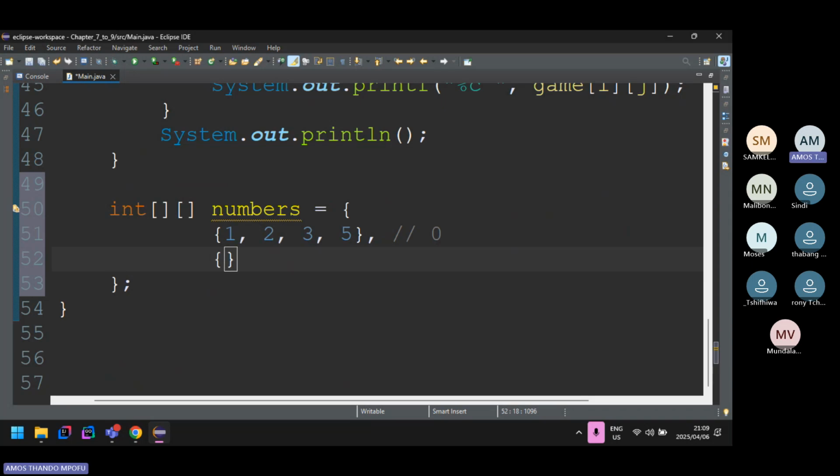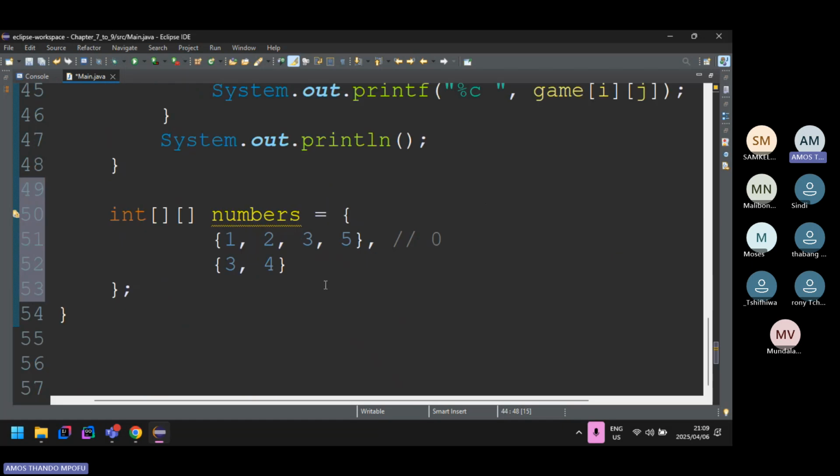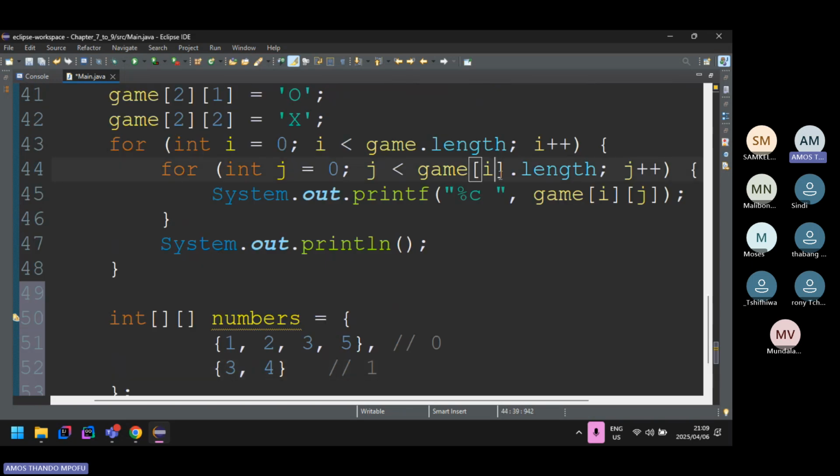Then in the second index, I'll just say it's 3 and 4. Java allows it. That's why this is very important over here, because the length changes. So you need to get the index. So index 1 here. This means go to index 1, get the length of index 1, of which